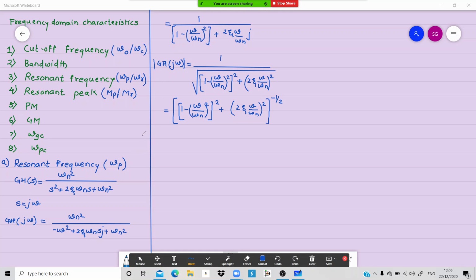Now we'll take the derivative of this, let us say this is M, so it will be easy for me to write. I'll differentiate this thing with respect to omega, because we are trying to get the maxima, and we'll equate this thing to 0. Okay, so differentiating this will become easy when it is in terms of power. So I'll take minus half, this whole thing raised to minus 3 by 2, right?